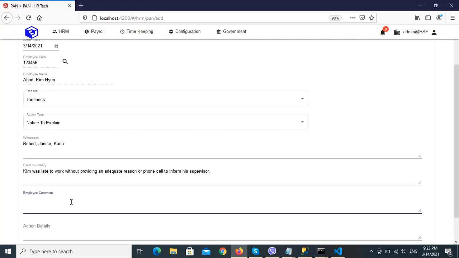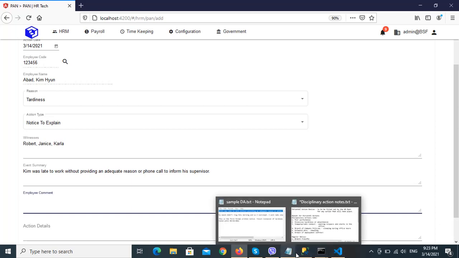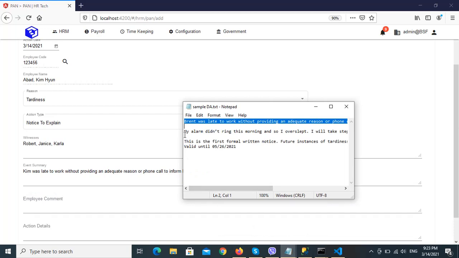That is our future feature. But right now it's enough that the HR department will be the one to fill this. But of course later it will be the employee. Okay, that is the ideal way to do it. So let's say the comment of the employee is that